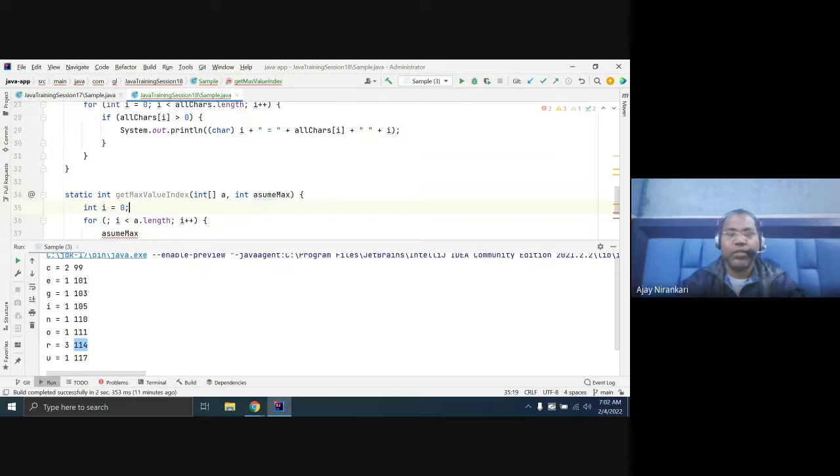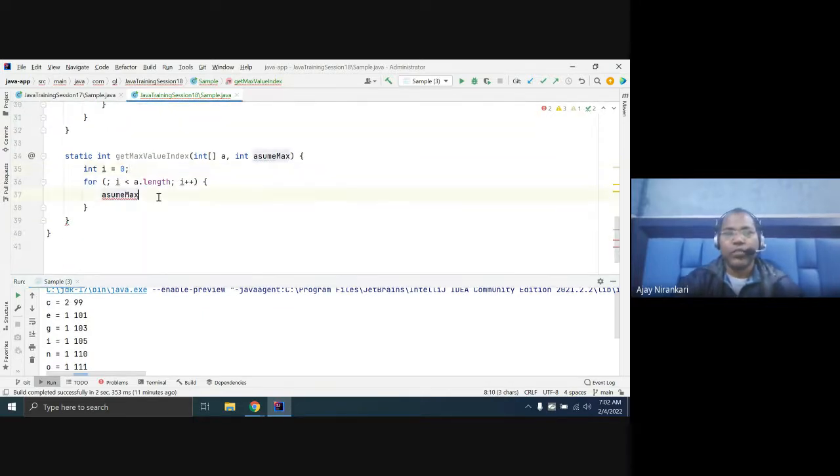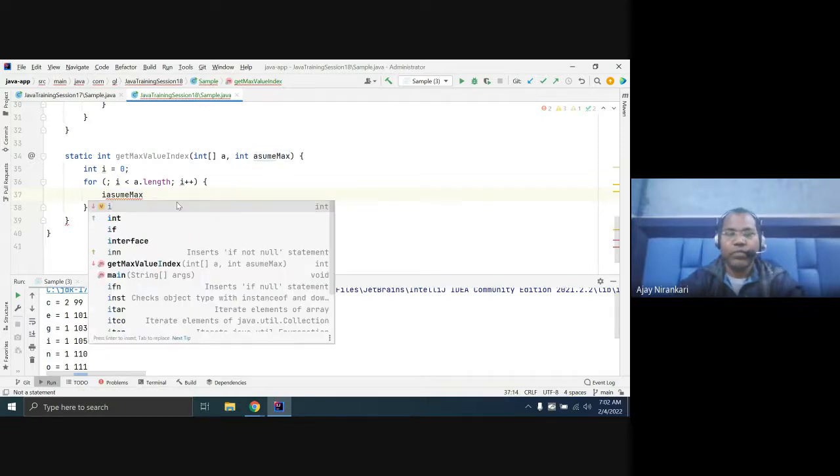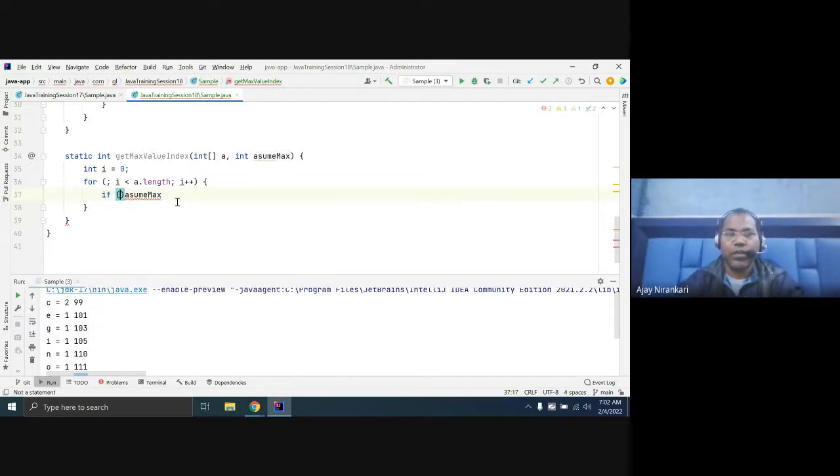Let's assume we have passed the first value, but I don't know if this is the max.